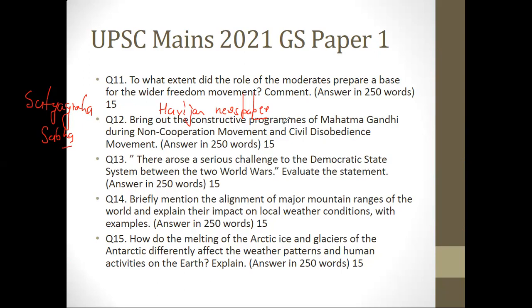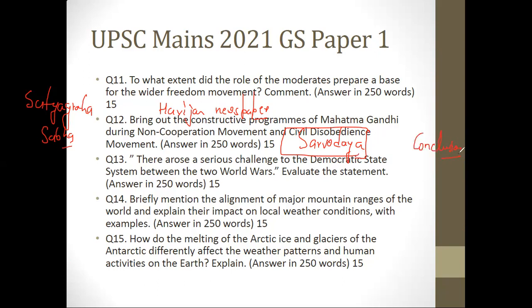You can talk about all these things under the constructive programs, and then also you can write the constructive programs, what they are, and then you can write the motives. What were the motives of the constructive programs? To fill the void, to keep the morale high, to fulfill the philosophy of Sarvodaya. Do talk about Sarvodaya, sir and ma'am. Most of the people will not talk about Sarvodaya. So these points, and that's enough. I think you can write a good answer here. And then you can write a conclusion here